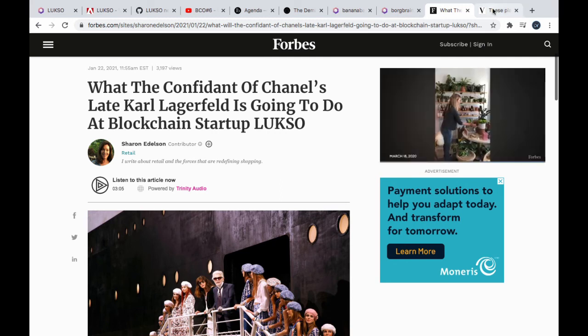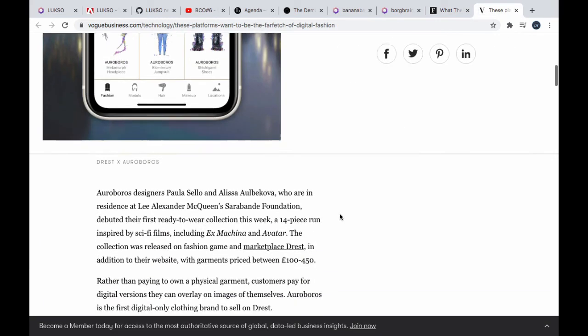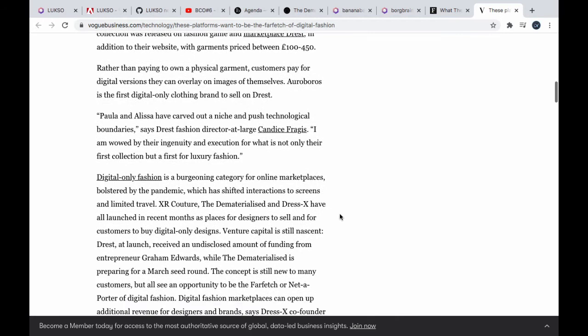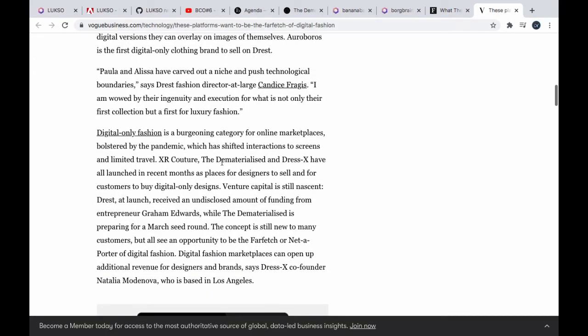Because this is an article that very much highlights the Dematerialized, right? So they're both talking about the Dematerialized. They're both talking about Luxo, and it is what it is. But anyway,